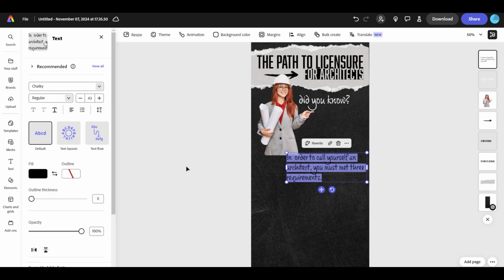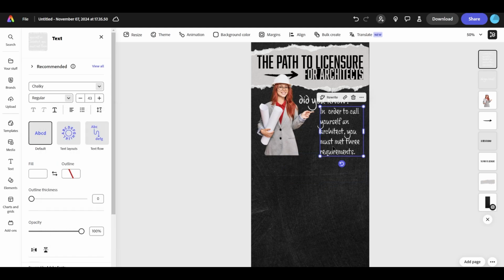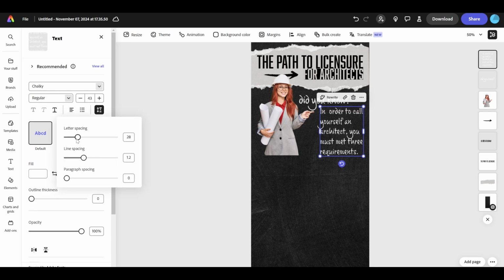And I'm just going to walk you through real quick some of the more fine-tuned adjustments you can do in customizing your text. Of course, we already know we can change the color. I don't like how far spaced it is between the sentences. There's a pretty considerable amount of space, and so I want it to be a little bit closer. You can do that when you click this little button right here, text spacing. Now we can slide it to have the letters spaced out more, or we can slide it back to have the letters spaced a little bit closer together. For line spacing, I'm just going to adjust it so that the space between the sentences becomes shorter.